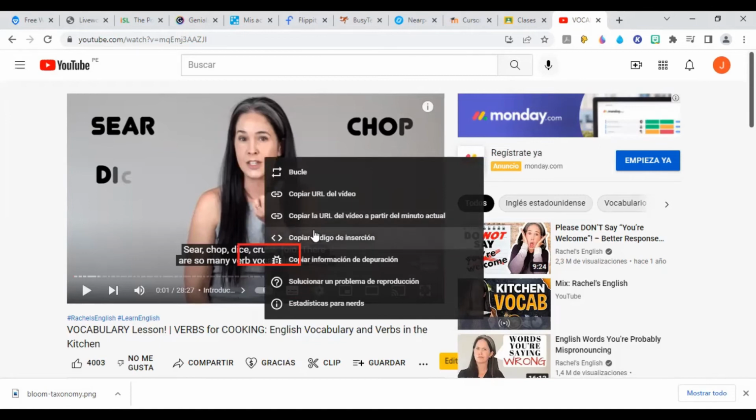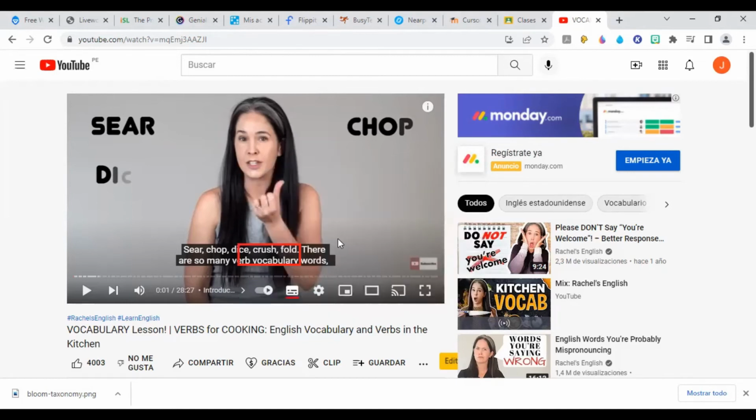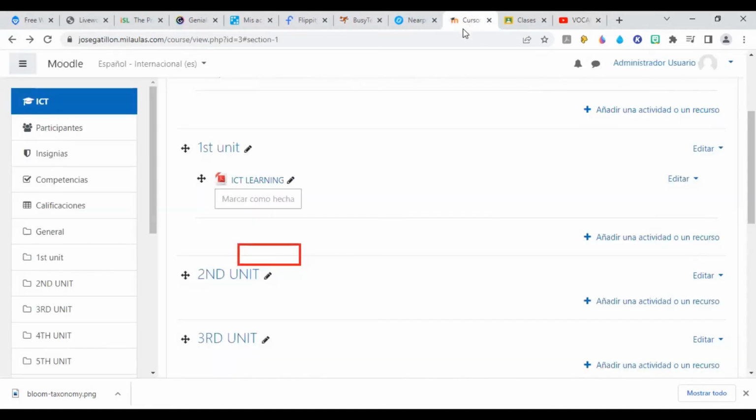Pero vean, copiar código de inserción, acuérdense, clic derecho, copiar código de inserción. Yo le doy clic y listo, ya está copiado. Entonces regreso a Moodle, miren, voy a regresar a Moodle